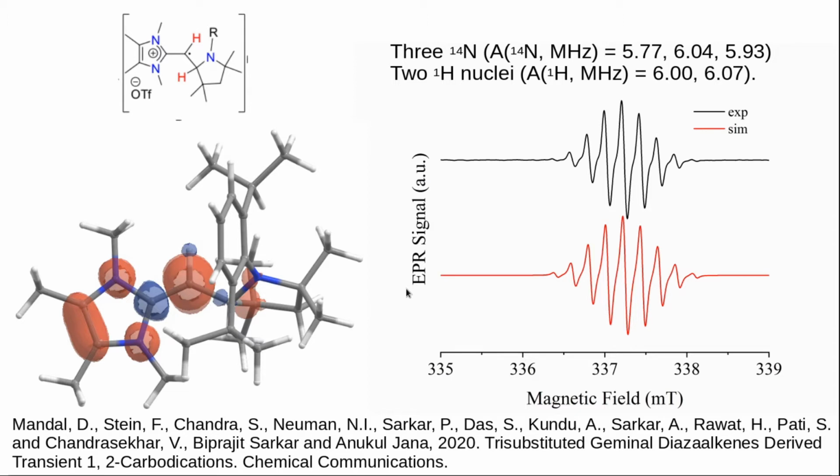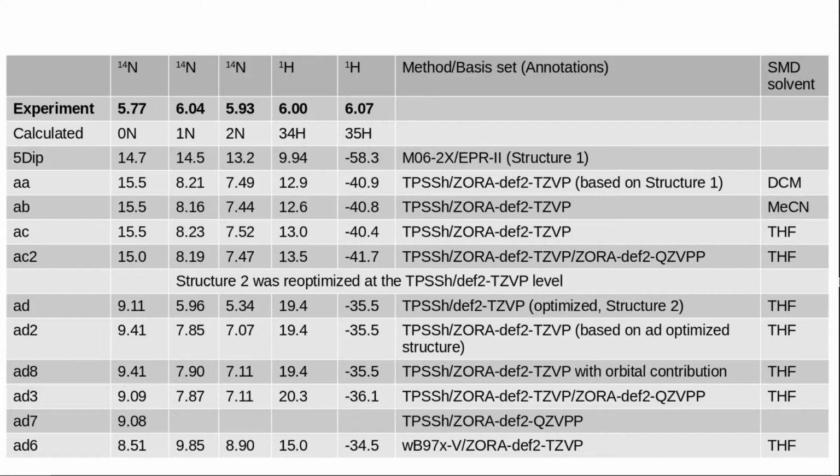So everything was fine. We submitted the paper, and then one of the reviewers said that basically the hyperfine splitting seemed to be too low, and that if we could actually calculate the hyperfine splittings with ORCA to compare with the experiment. At the time I thought that was slightly annoying because the spin density seemed to clearly show 3 nitrogens and 2 hydrogens. The fitting of the EPR spectrum was perfect, so what's the necessity of calculating hyperfine splittings? But then